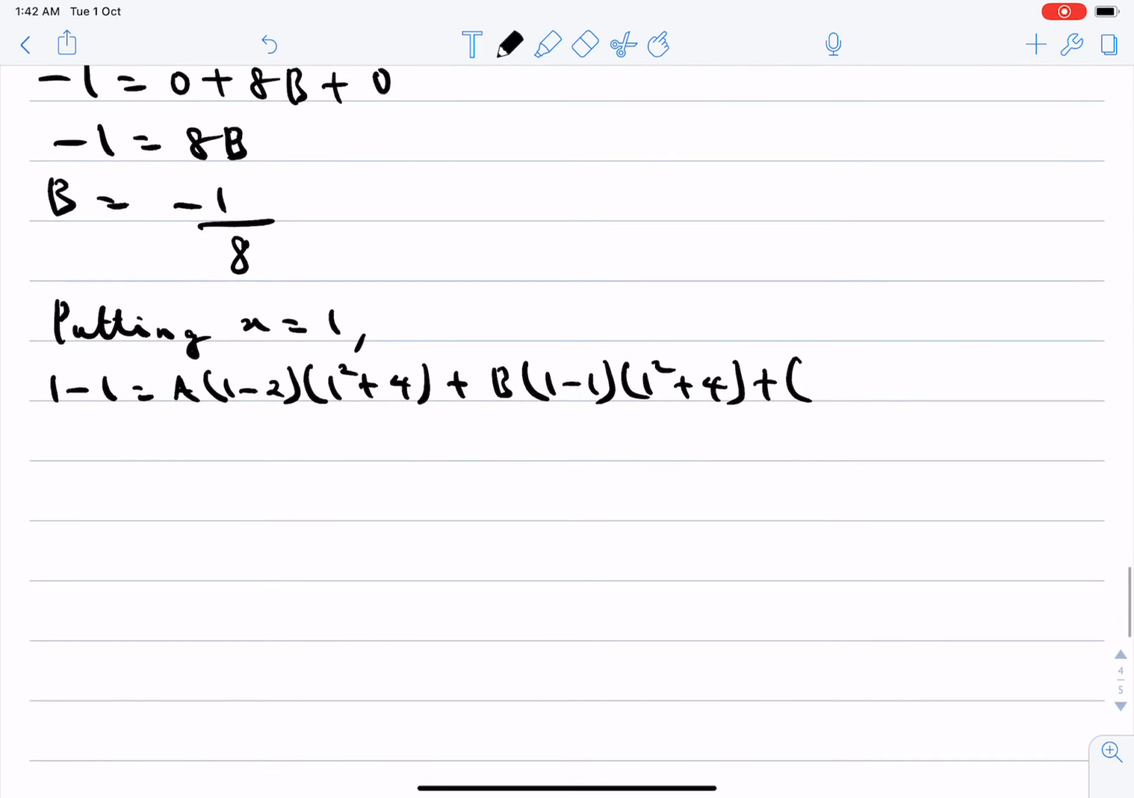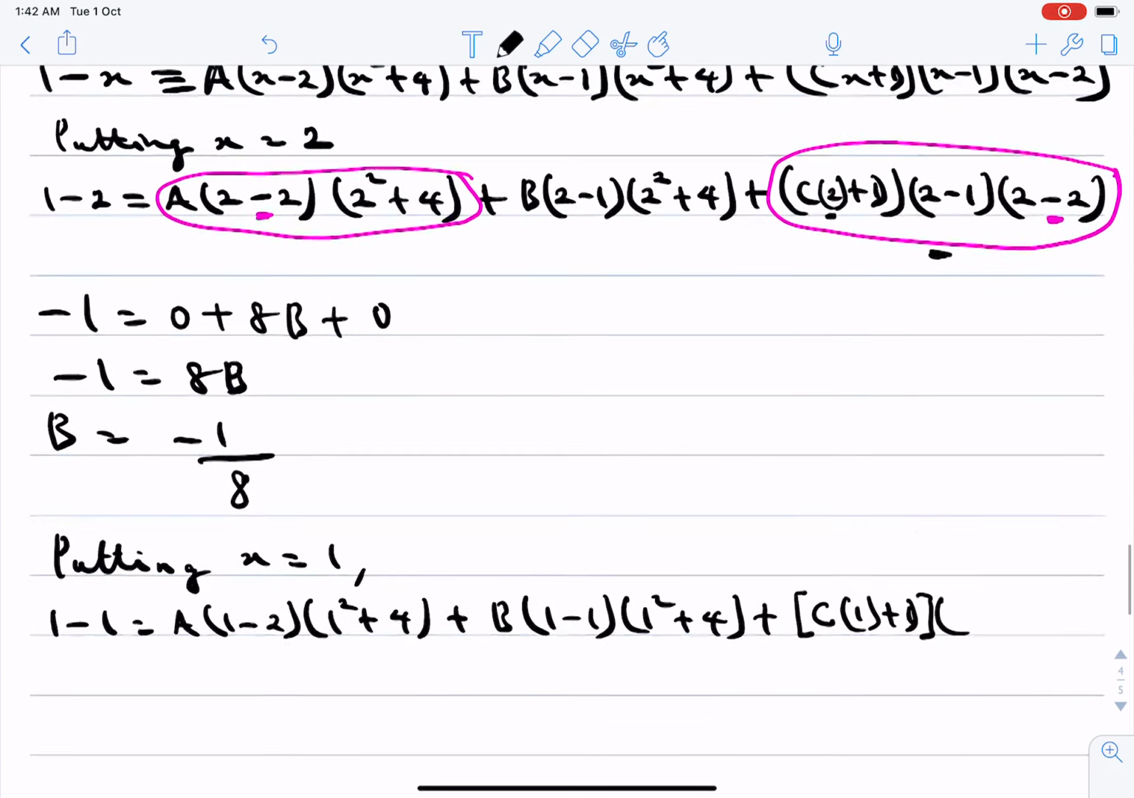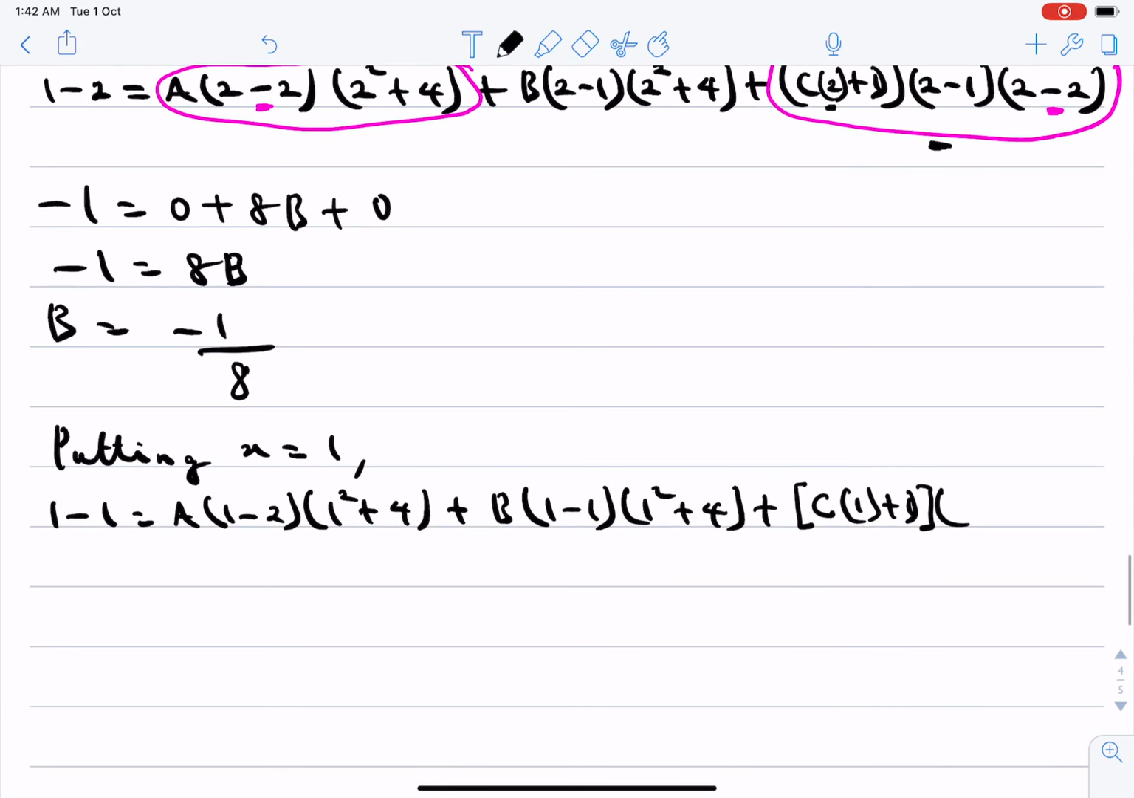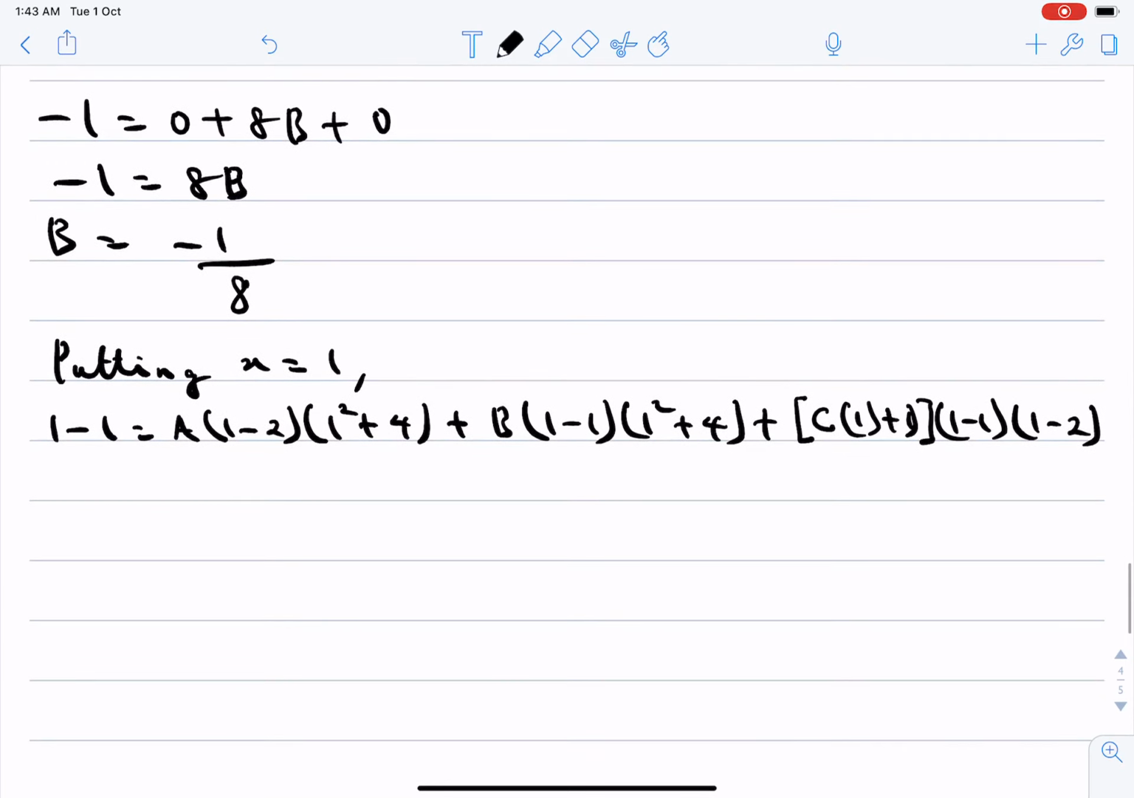So this is plus c times 1 plus d. You just have to be very, very careful when you are substituting values for x. Times 1 minus 1 times 1 minus 2. So